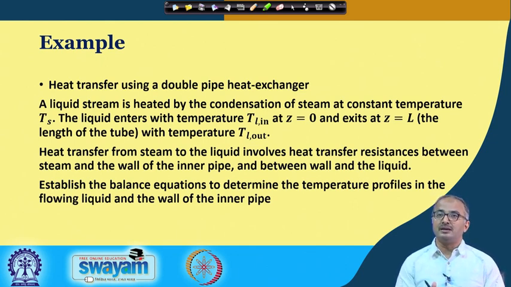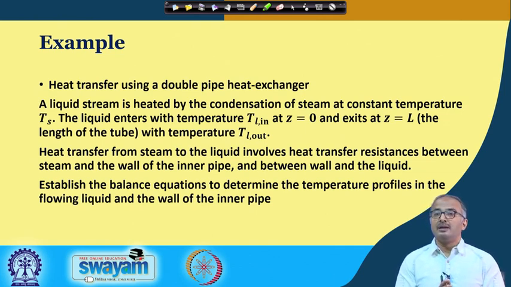So, you will find that in the industrial applications there are various types of heat exchangers possible, and moreover more and more work is being done on heat exchanger innovations. Why? Because we are trying also to reduce the size of the equipment so that we can get some advantage in terms of the capital cost, and also in terms of the operational and maintenance cost of the equipment. So, this kind of research work is going on so that we can bring down the size.